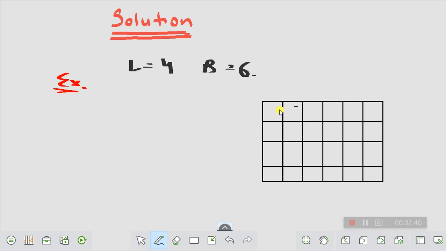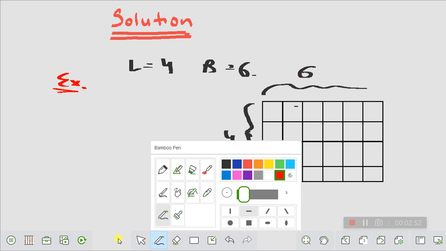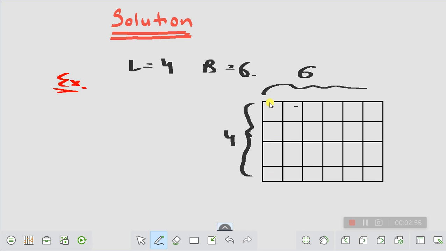I have to divide this rectangle into identical squares. What I'm going to do is divide this rectangle into squares of size 3 and 3. Let's do it. The first square that I have is this one,